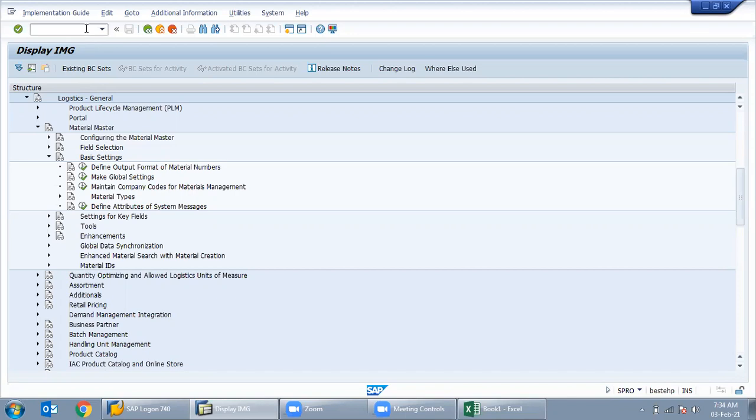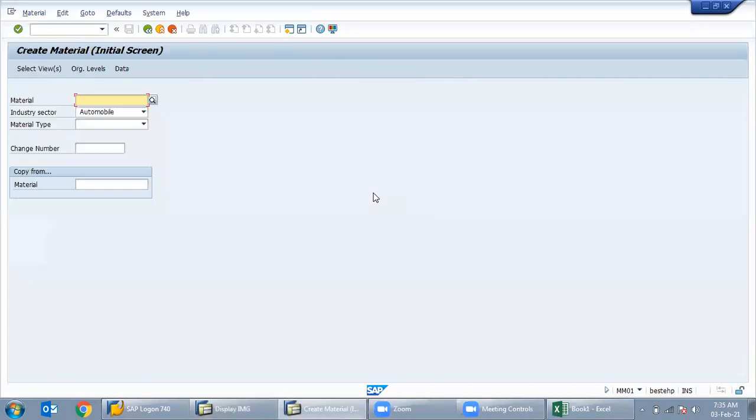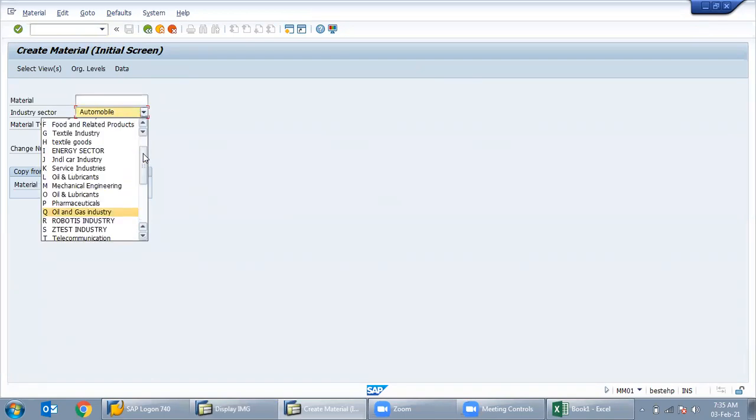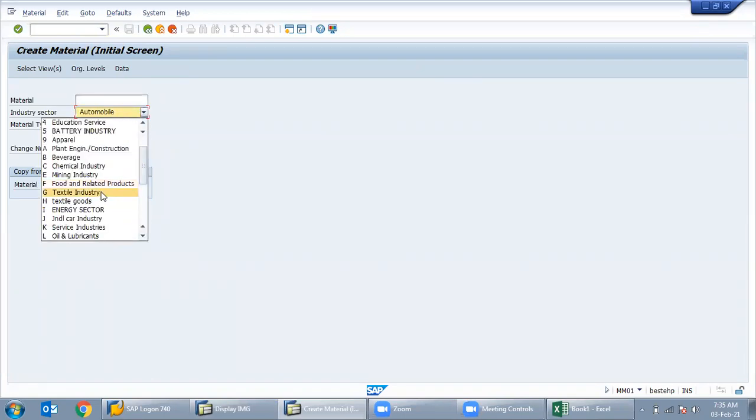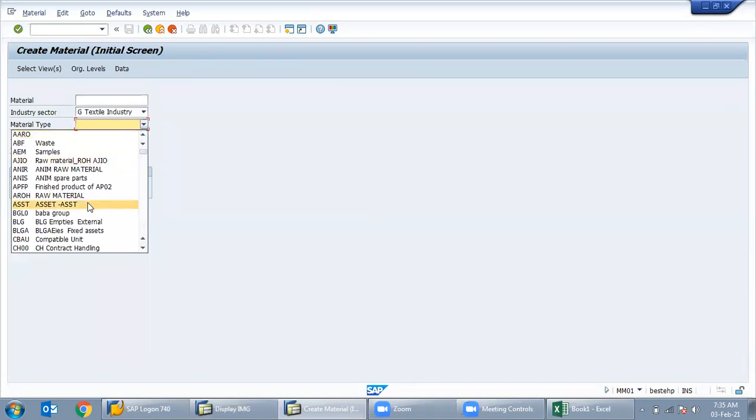See why we are creating material groups. So MM01. See, in the material master, suppose we go through our textile industry and we have created ERSA.